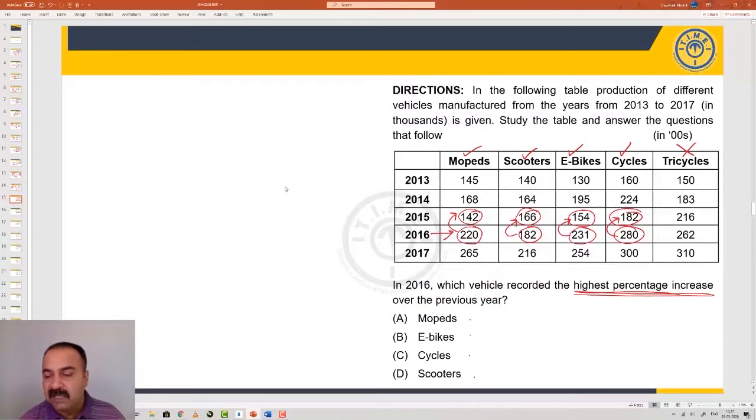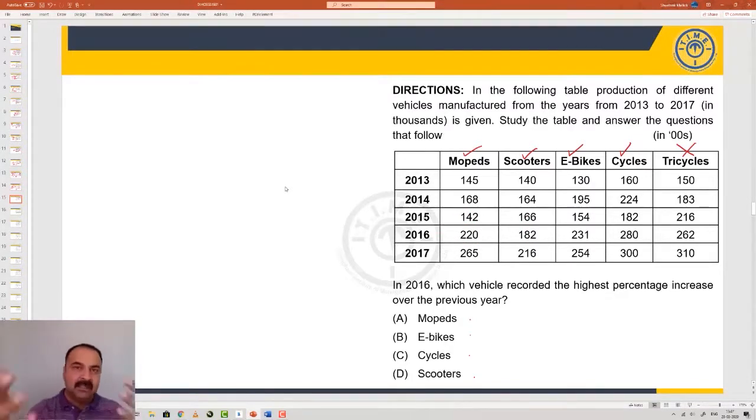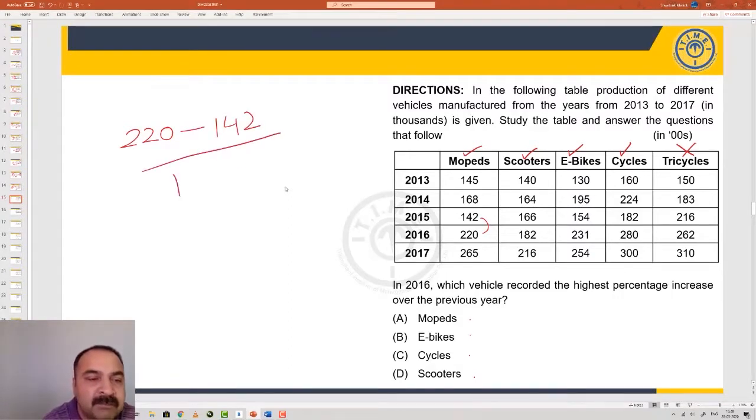So let's look at how we calculate, and we want to be fast about it. We are getting trained for a competitive examination, and therefore we don't have time to copy the data all the time onto our rough pages and do the regular way of subtraction all the time. So what are you going to do? I'm going to find out what is the jump from 142 to 220. In the normal method, what would you have done? You would have said the new sale of moped is 220, the previous sale of moped was 142 and the previous comparison reference was 142. How much is this percentage growth? This is how you would have calculated the percentages.